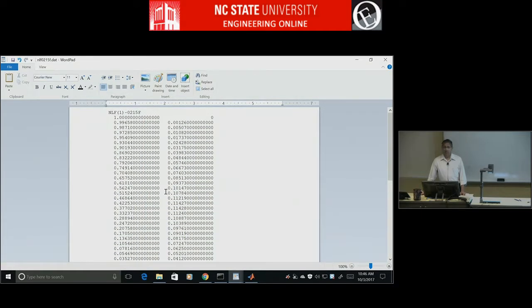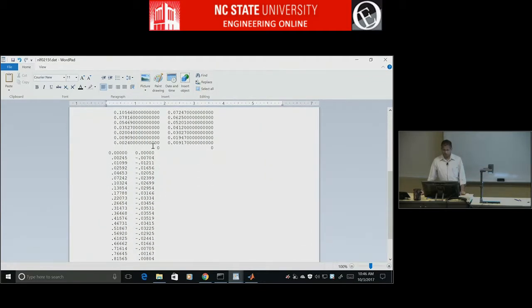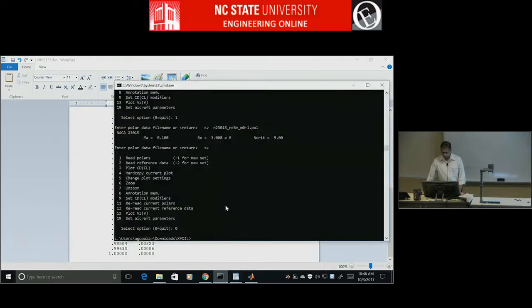Can we go to XFOIL now? So remember, you have to remove a 0,0. What happens now is you have a 0,0 at the end of the upper surface and a 0,0 at the start of the lower surface. That will almost definitely cause problems. You don't want repeating points consecutively. That will break the spline. So now we can save this, and then just to test it, let's go run XFOIL,